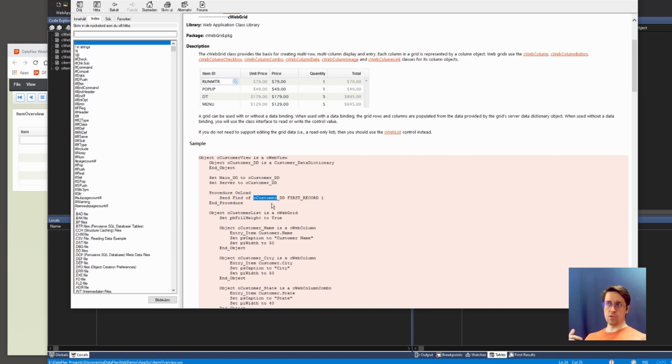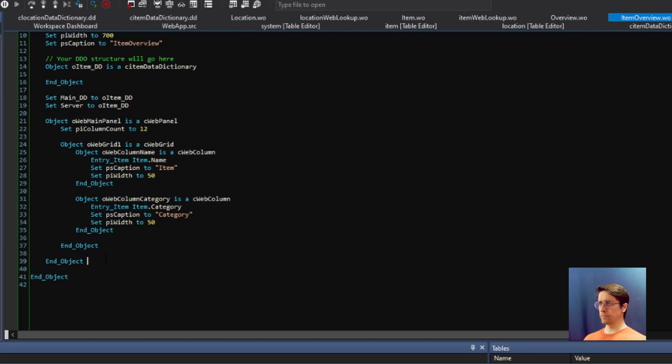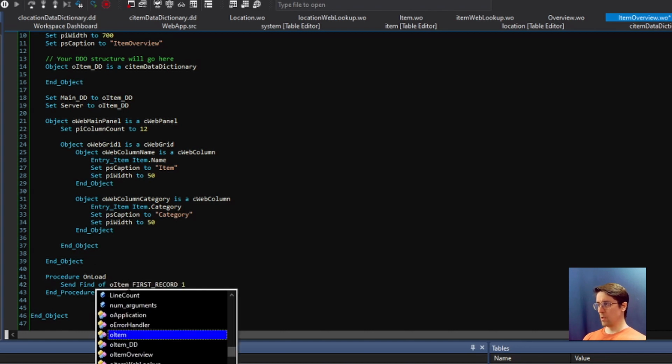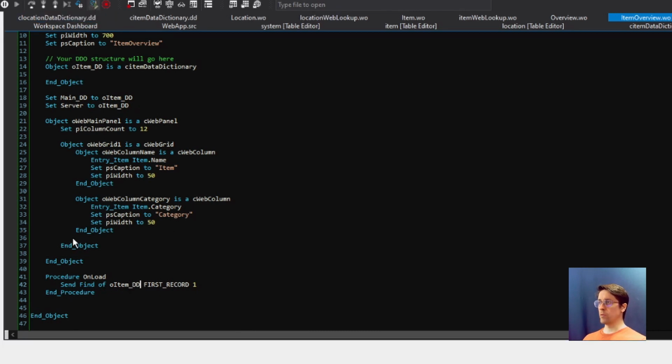That means that it starts populating the data dictionary, and that will then trigger the web grid to start working. Let's copy this code, and we put this in the list. And we're going to change this to our item data dictionary. And now as we run this,